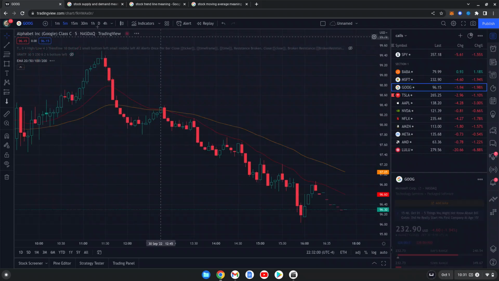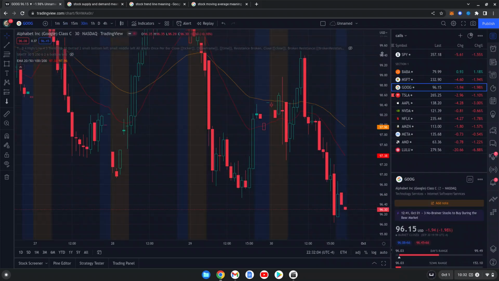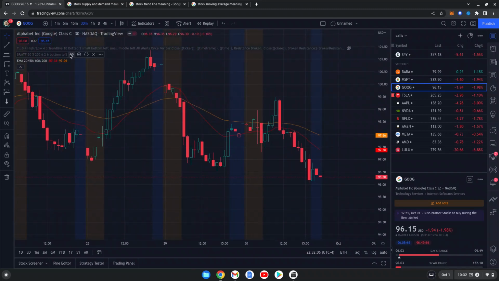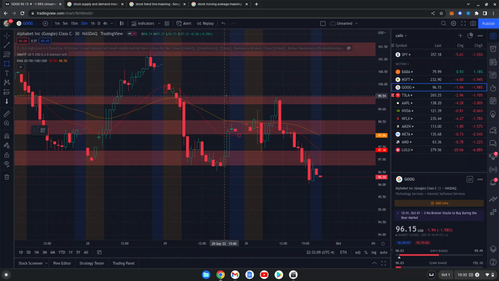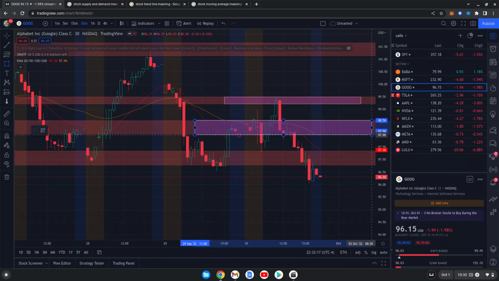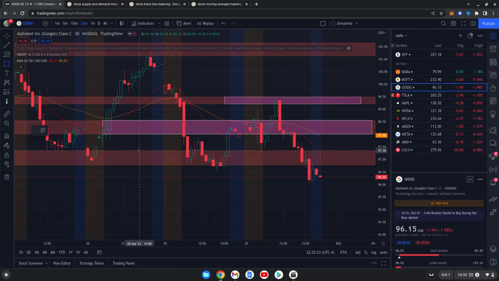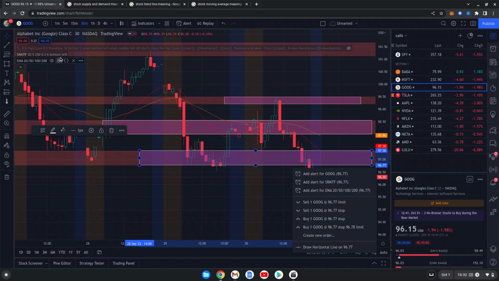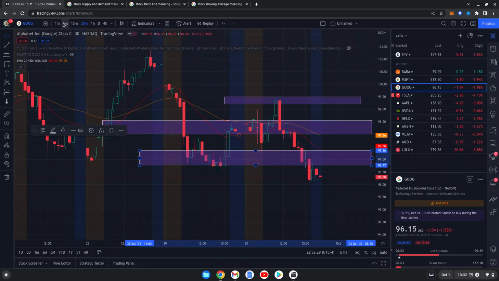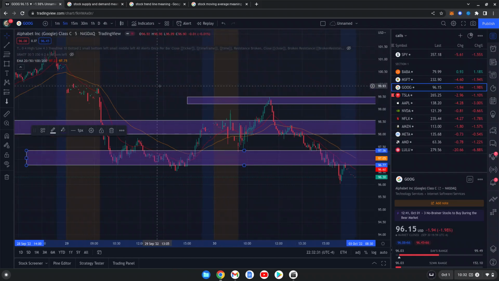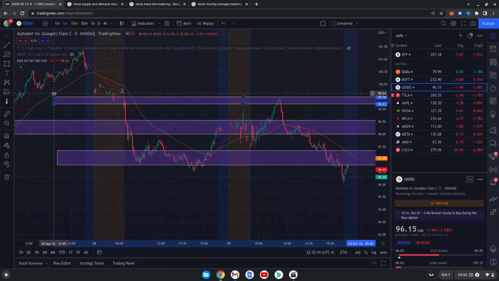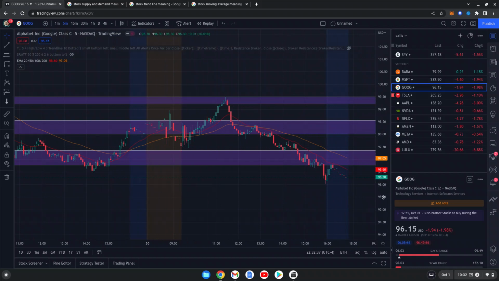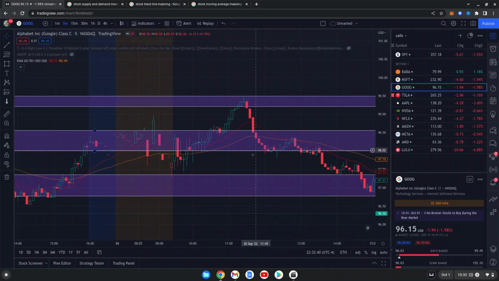We can take a look at another stock. This is Google. So we take a look at our levels. Okay, and then we jump to the 5-minute, and if we like, we'll just stretch that out a little bit. But we see